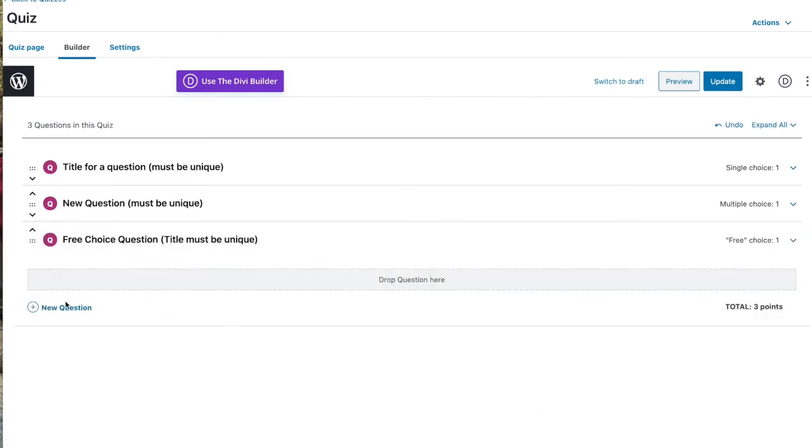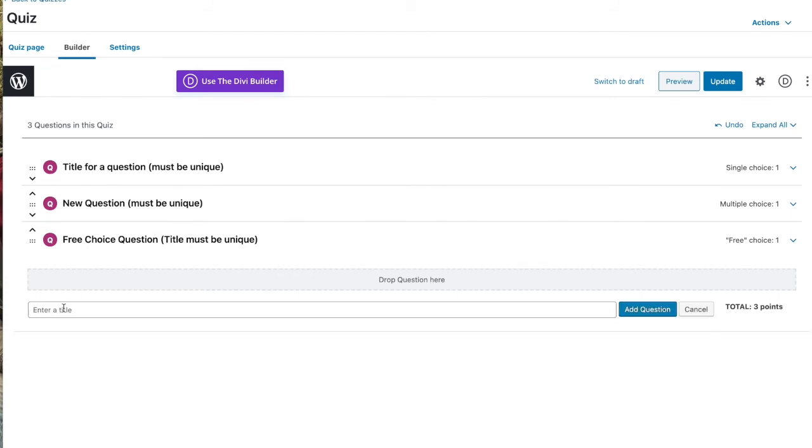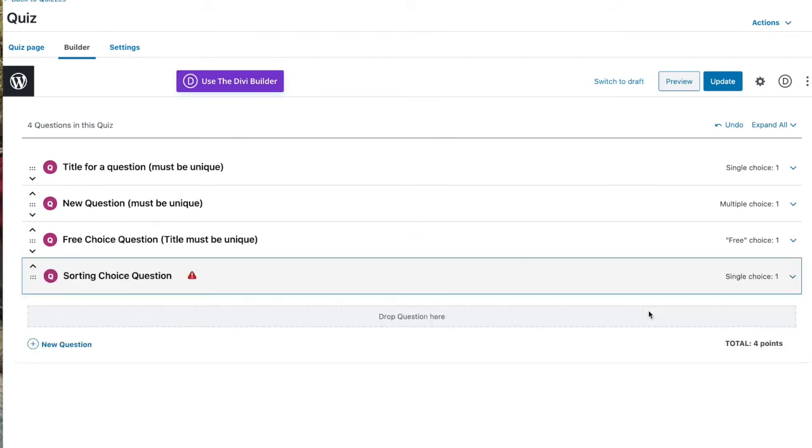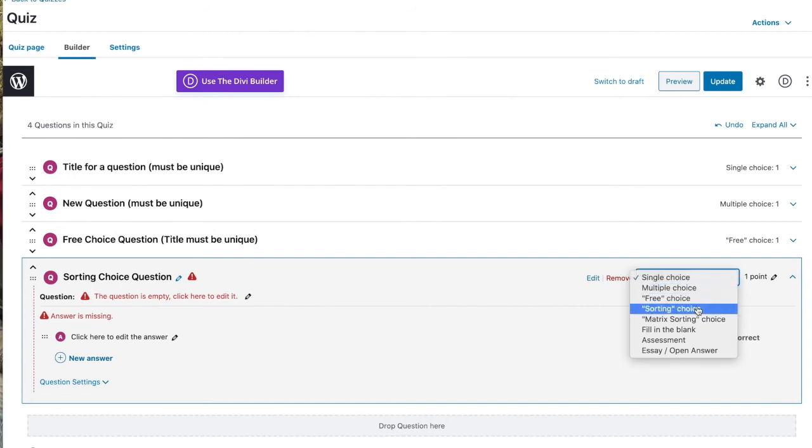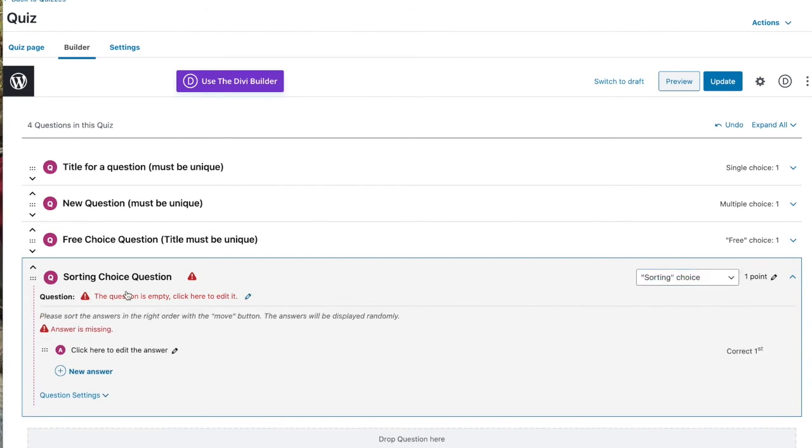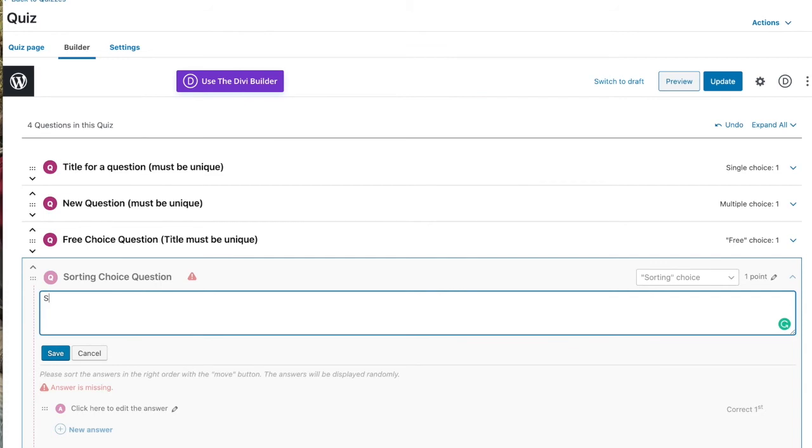We're now going to create a sorting question. So click on the new question link and add in the title. So a sorting question gives the student a number of options, and then they have to sort them into the right order. So create your title, save it, click the right arrow, make your choice from the box, type in some instructions, save,